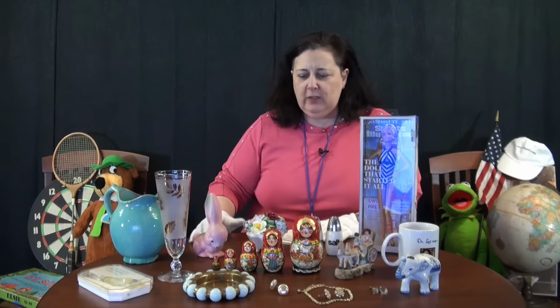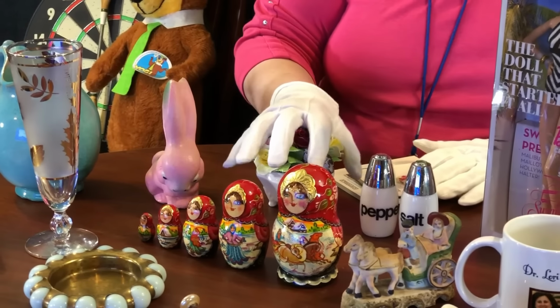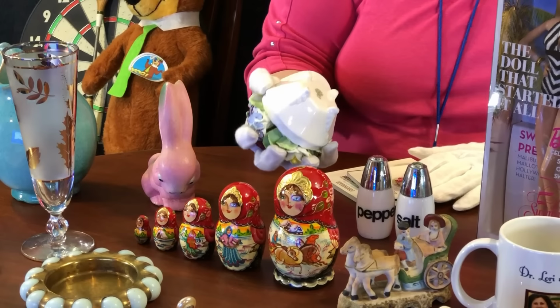So when you're in a thrift store and you're looking at pieces, or you're in a yard sale and you're looking at pieces, look for the different types of ceramic and make sure that you are not selecting chalkware over a nice piece of earthenware ceramic, for example. Or maybe a piece of bone china like this next piece. This piece is a piece from Royal Doulton, and I'm going to show you the Royal Doulton mark if you don't